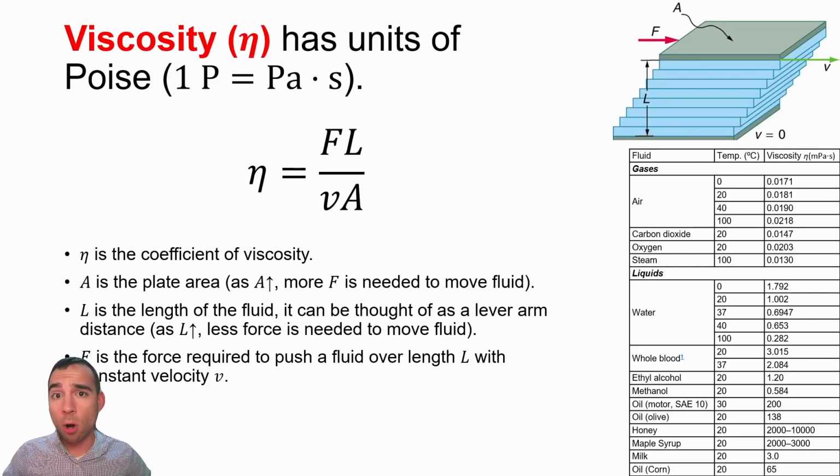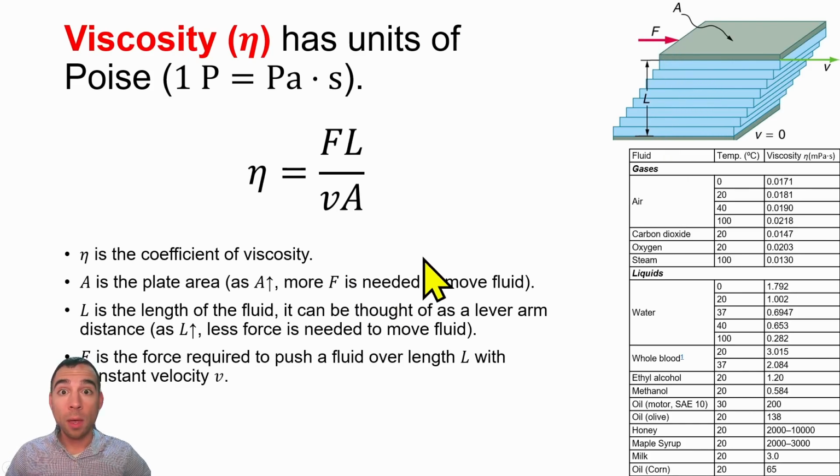So now let's talk more about viscosity. Viscosity is a quantity that we can actually measure, and it has units of poise, which is 1 Pascal times a second. We use the Greek letter eta to denote the viscosity in math form. And one way to measure the viscosity is with this two-plate system where we put a liquid between two plates. We keep one fixed at the bottom at 0 speed, and then we move the other one on the top at a constant speed